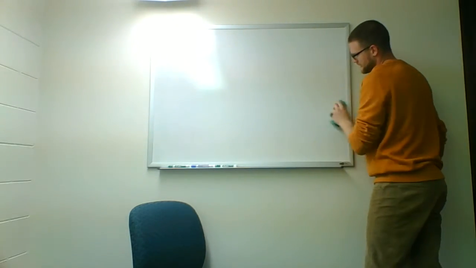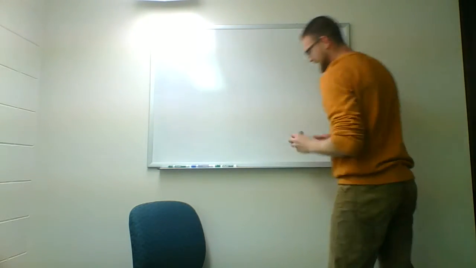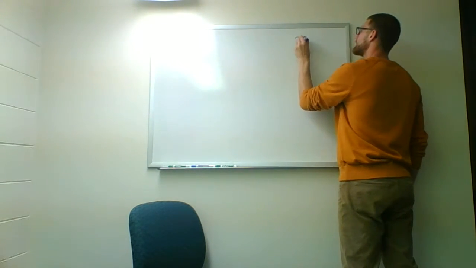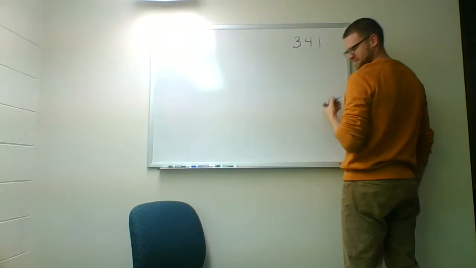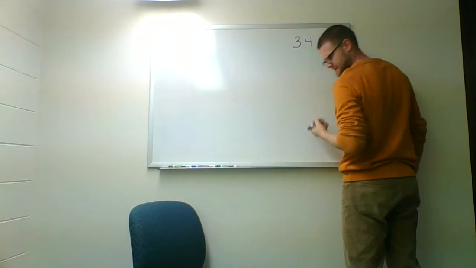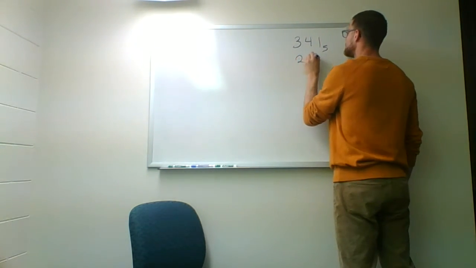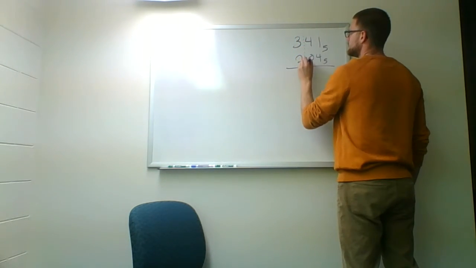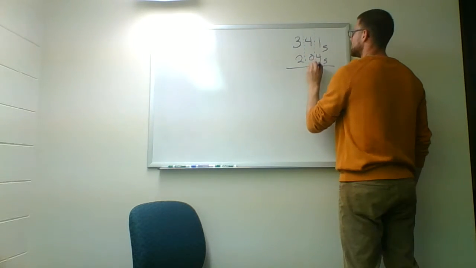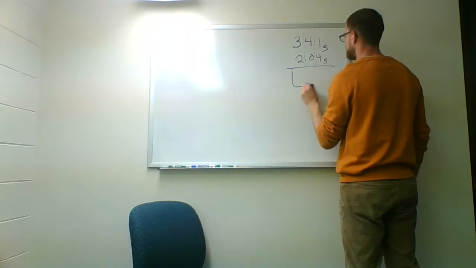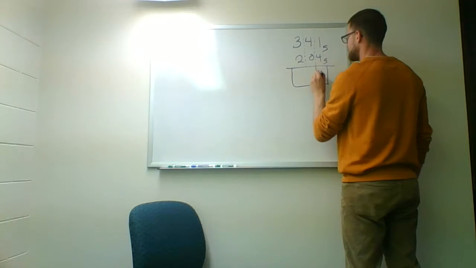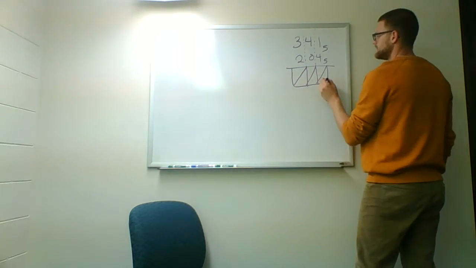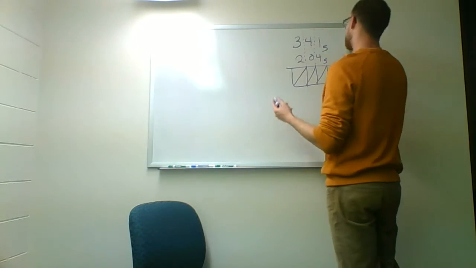All right. Now for the fun one, we're going to do the lattice method. 341, base 5, plus 204, base 5. Okay, so I'm again going to draw some little grids here. Cool little box. We're going to separate everything out, a couple diagonal lines. So units, rods. We're going to add